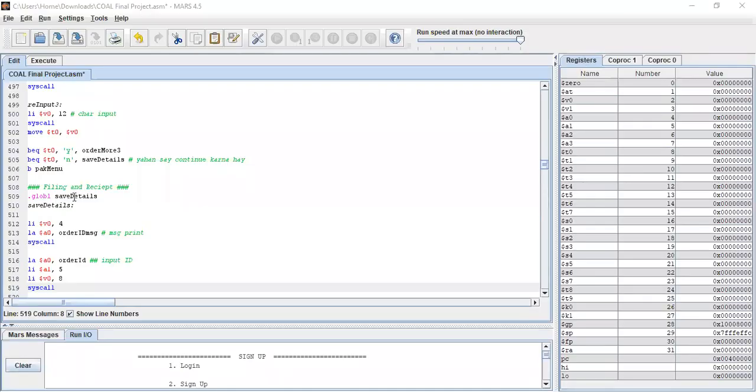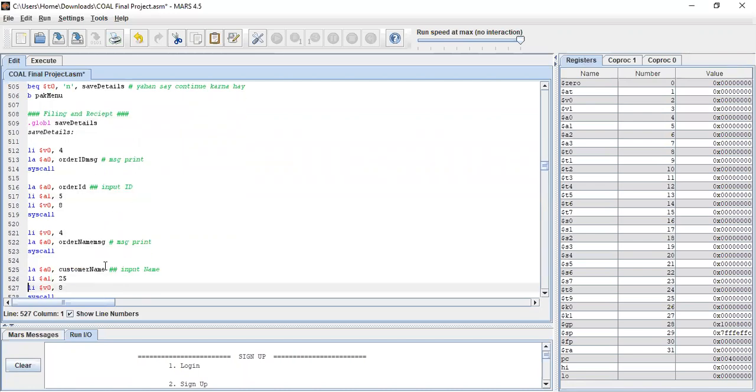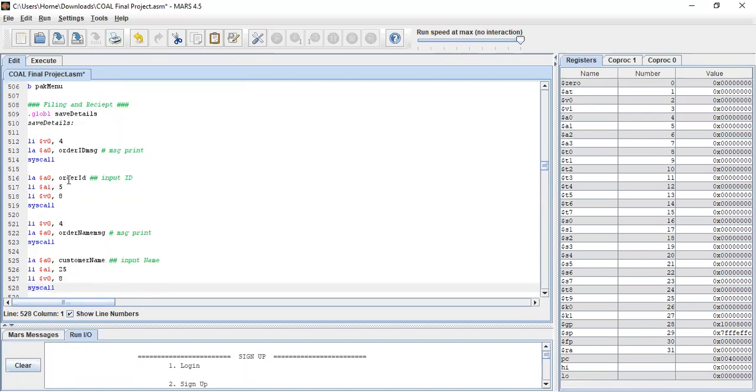Now for filing the receipt, we have made a function like save details. We are printing the string, that is the order ID message. Then we will enter the customer ID and customer name.